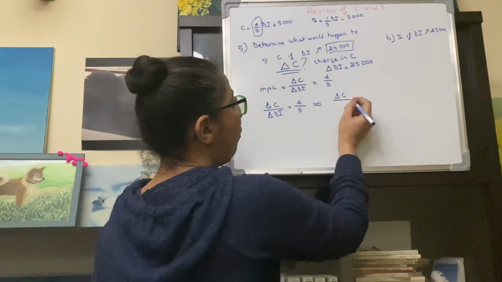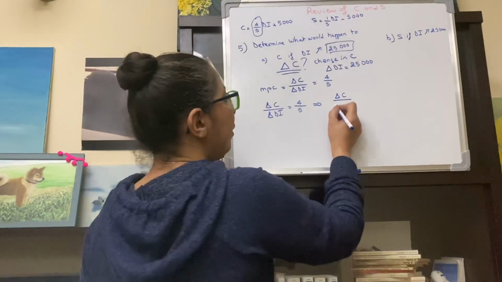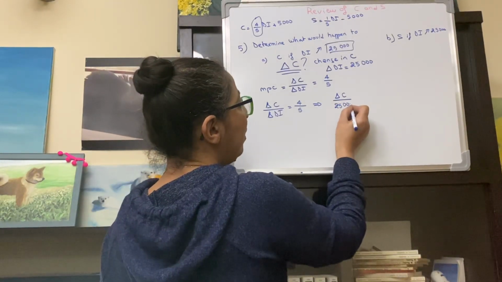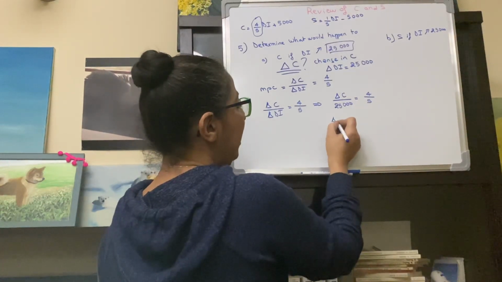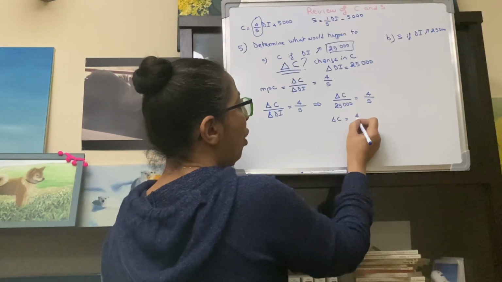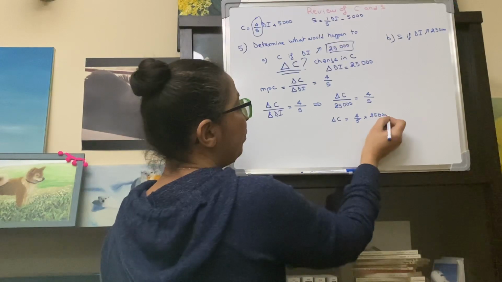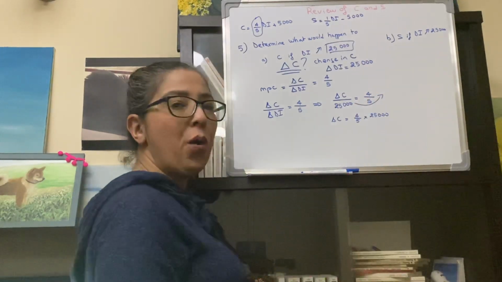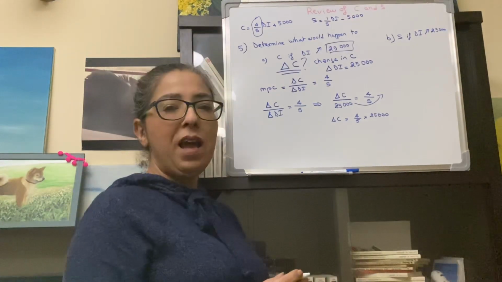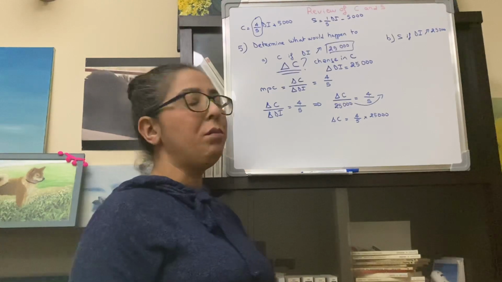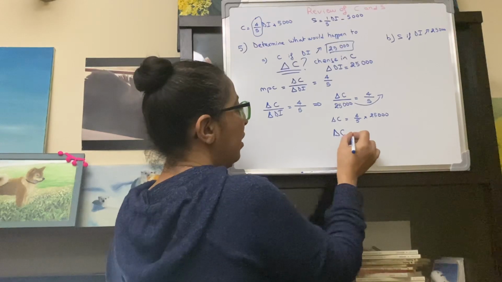So delta C over delta DI, which is 25,000, given, is equal to 4/5. So delta C is equal to 4/5 times 25,000. Simple calculation. 25,000 divided by 5 is 5,000. 5,000 times 4 is 20,000. So delta C is equal to